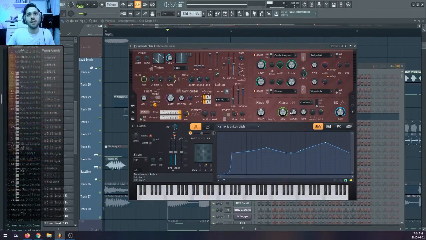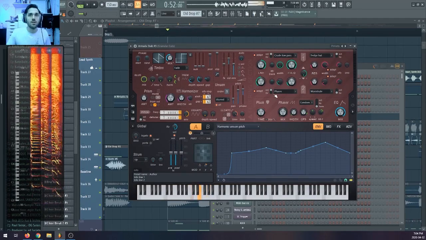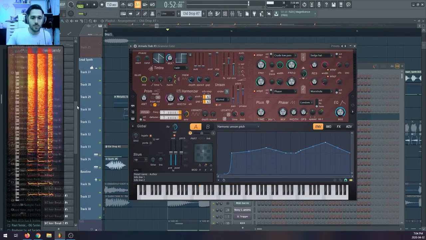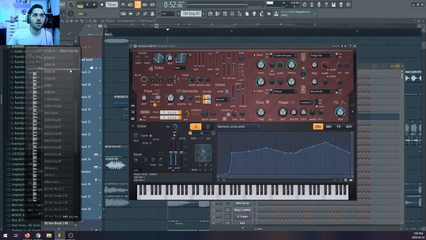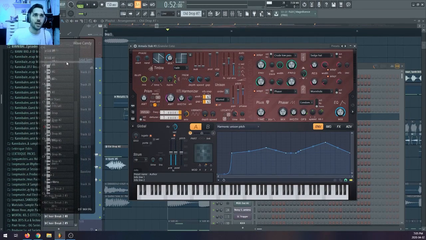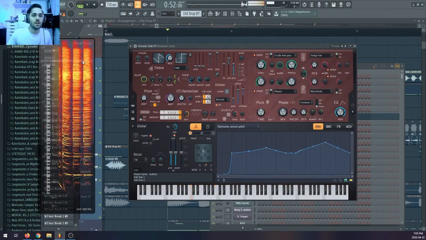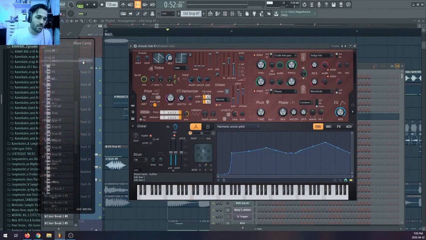Then what else is happening? The main source of the character of this sound is the phaser. If I turn off the phaser, you're going to... But you hear that wetness in the top. Also, address this Wave Candy right here, which is FL's spectral analyzer. It sounds kind of wet, like juicy in the top, and that's 100% because of this harmonic unison